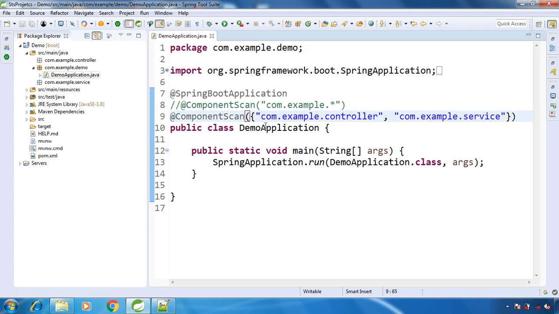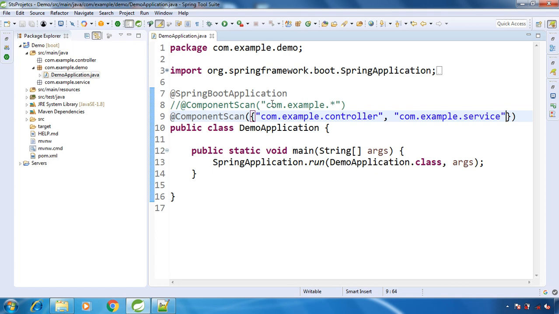This is how you can add multiple packages as well. You can consider it an array of strings, and add as many packages as you want. As of now, we have just added the controller and service packages, so we are good to use annotations like @Controller, @Service and @RestController.